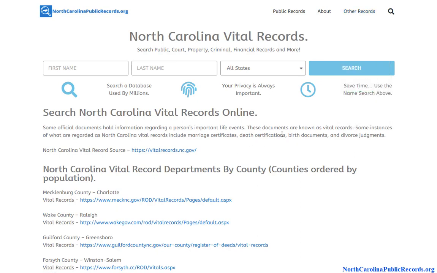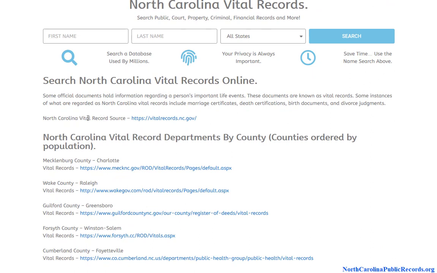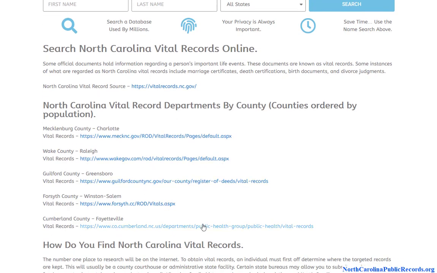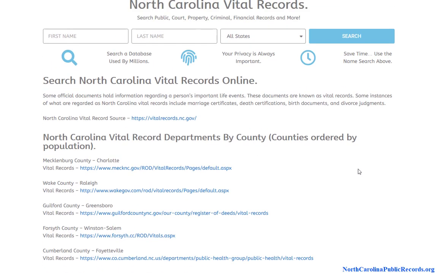So what you have here is, if you do need a certificate, and it could be anything from birth certificates to marriage certificates, death certificates, divorce judgments, things like that, you have access to that at the state level and at the county level. So depending on if you actually need the real thing that's certified and official, you can find that